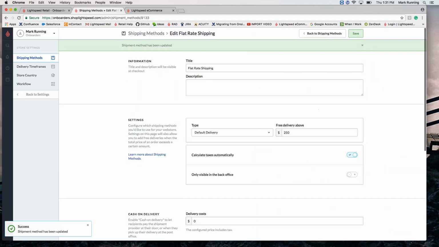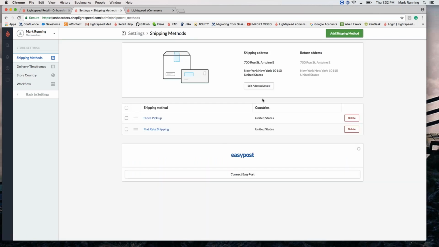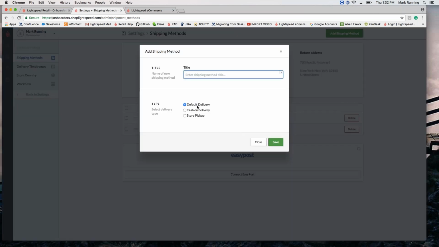Perfect. Okay, now let's go over how we can add a little bit more control over this, because maybe you'll have a really, really heavy order and you want to charge the appropriate shipping for it and not pay for that shipment yourself. So we're going to come here into add a shipping method, keeping it at default delivery again, and just going here to